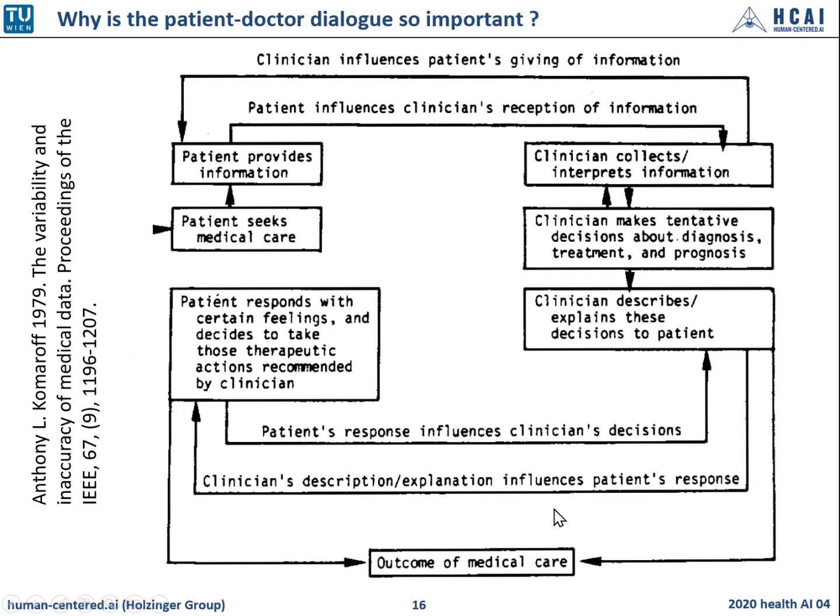Okay, so this is the picture. This is the interesting picture from Komaroff's 1979 work. Again, it's mostly about explaining, interpreting, and therefore I'm showing this because when later dealing with explainable AI, we will need such information. So here, for example, in order to provide information, a patient must first become a patient, so the patient must perceive himself as sick, but patients have different thresholds for the definition of sickness and healthy respectively. So for yourself, think of it.